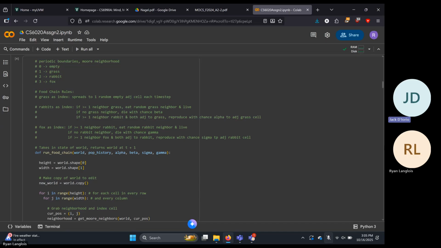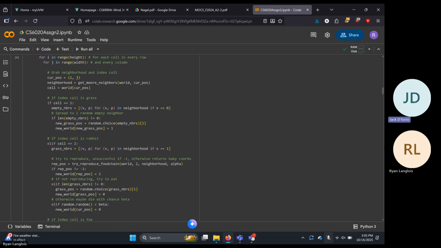If there is no grass neighbor, they will die with chance beta. And if there is a partner and both the partner and the index cell are neighboring grass, they will reproduce with chance alpha. Foxes are the same thing, except they die with chance gamma, and they reproduce with chance sigma. So running down to the video,